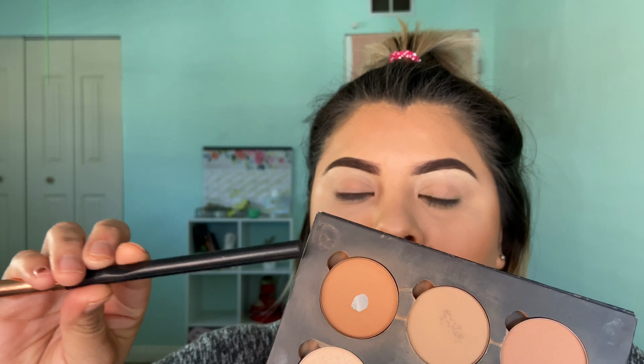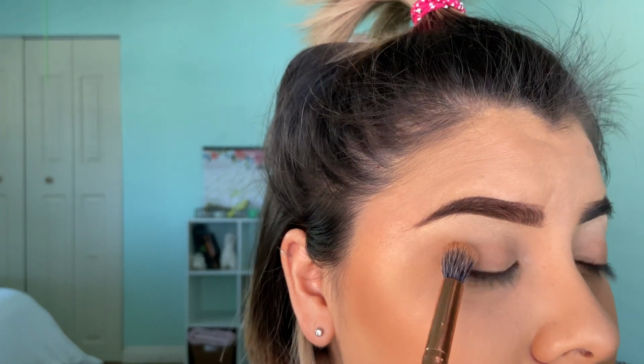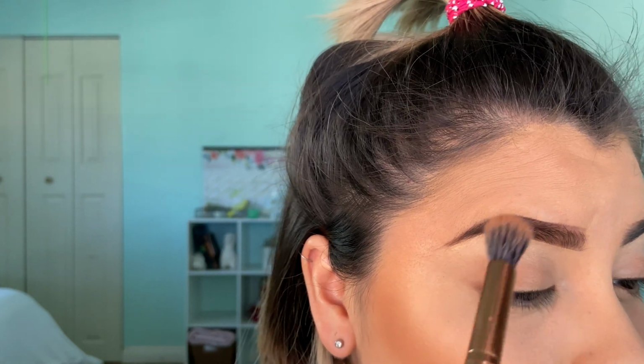Okay, so now that that is done, I'm just going to do like a really soft makeup look. I'm not really going for something big, so I'm gonna use this shade from the contour kit from Anastasia Beverly Hills, the one that I use for my cheeks. I'm gonna use it to put it on the end of my eyes. So starting right here, you want to pack it on first, like that,